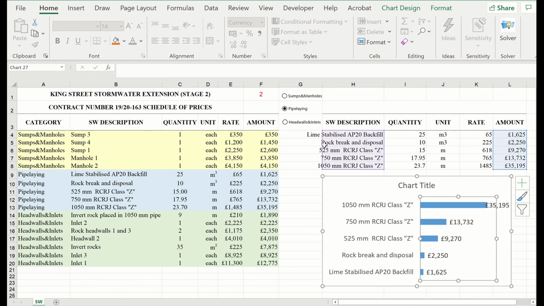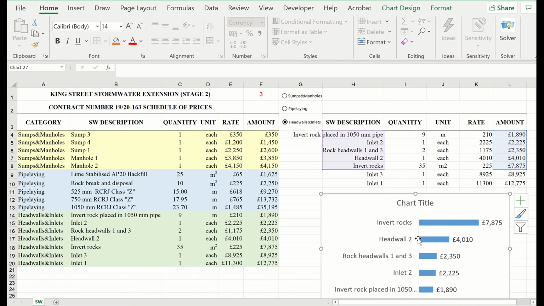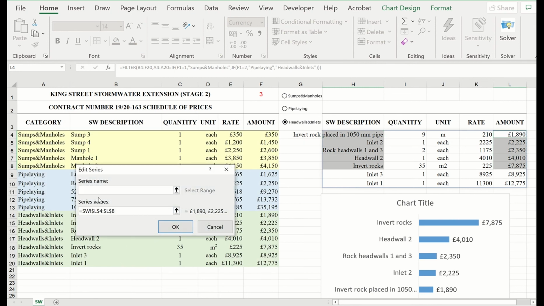Now I can check if my chart is dynamic, and indeed it's dynamic. When I choose category number 2, the chart is updated, and when I choose category number 3, the chart is also updated. But what I notice is that the chart is not complete, and the 2 last rows are not shown on the graph, and I need to fix it. Unfortunately, Excel does not allow entering a formula into the series values, and we need to think how we can fix it